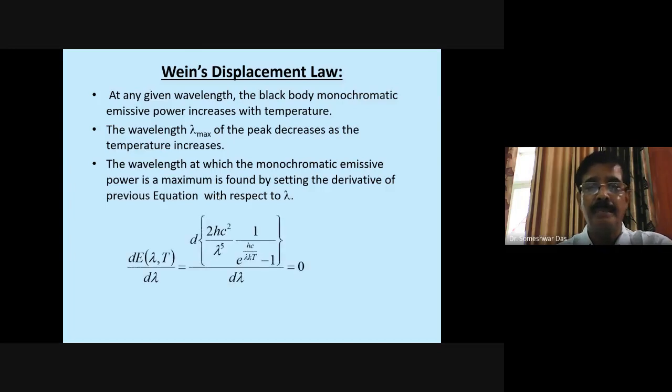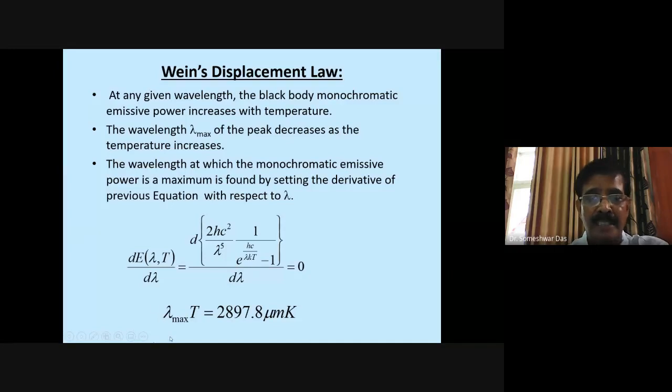This is the equation that we saw yesterday, E lambda T, a function of wavelength and temperature, given by this expression, where h and c involve Planck's constant. When we differentiate with respect to lambda, d by d lambda of this quantity, it gives you the wavelength of the maximum monochromatic emissive power. And from this we get the very standard form of Wien's displacement law